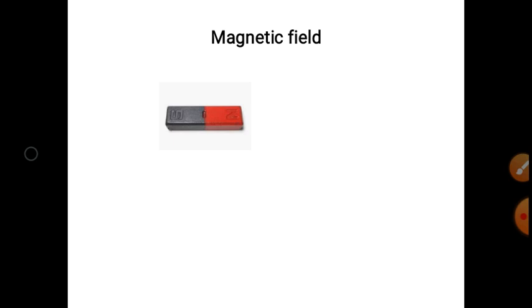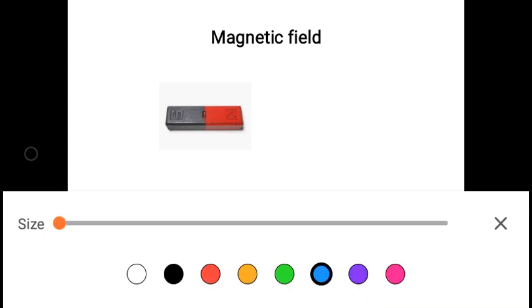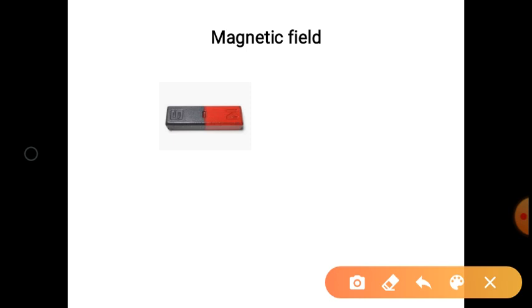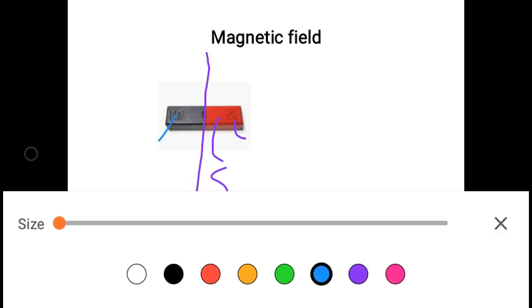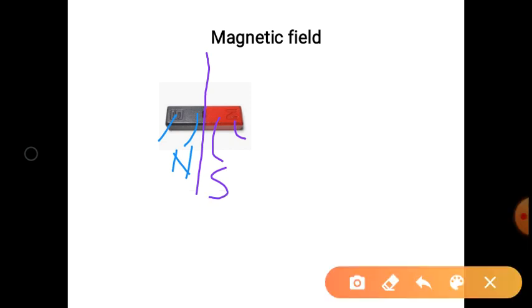It is magnetic field. So there is one magnet which you can see here. It is having two poles. N pole is nothing but north pole and S pole is nothing but south pole. So there are some properties of that magnet. The poles of the magnet cannot be separated. It means whenever I will break the magnet, poles cannot be separated. It means originally it is N pole and it will become S pole. And here it is S pole and here it will become N pole. So the poles of that magnet cannot be separated.